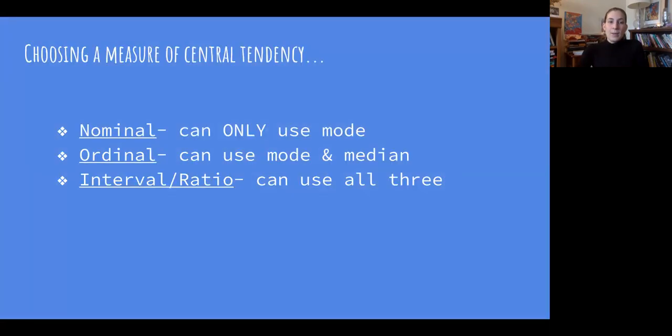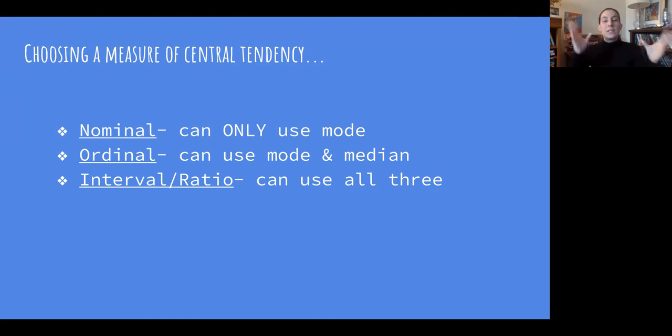Okay. Now, why am I bringing this up? Because the level of measurement of each different variable tells us which of these measures of central tendency we can use. So for variables that are nominal, we can only use the mode. Remember, nominal was the one that there's just discrete values that you can pick. So that's something like gender, race, what